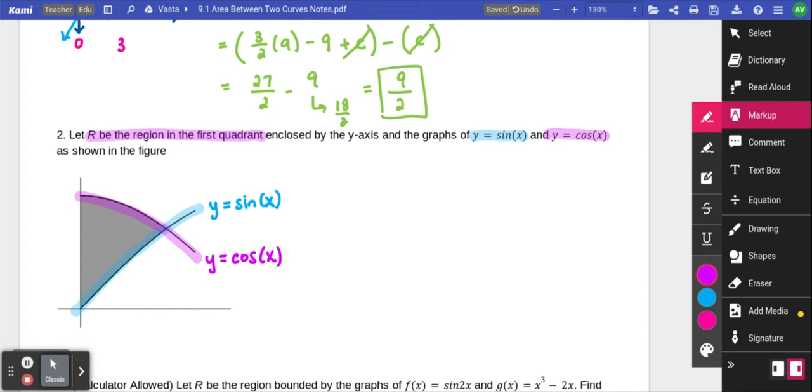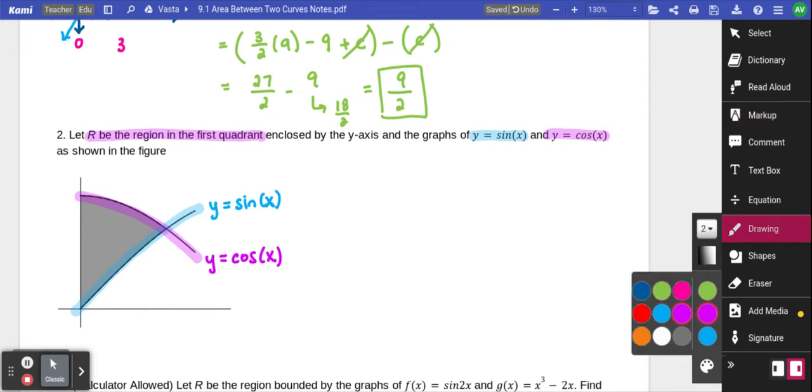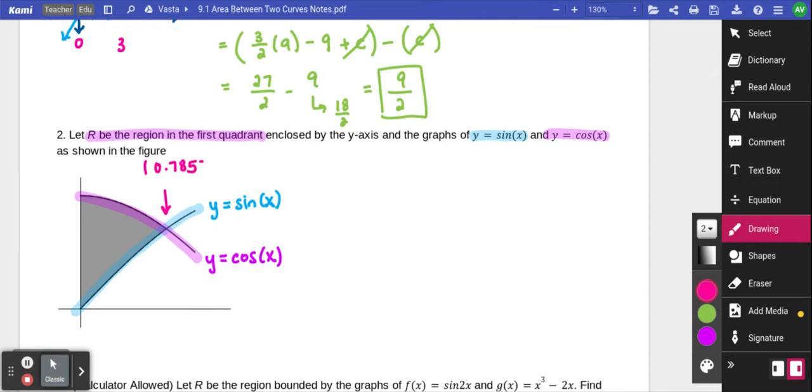Next, we need to find where they meet. In order to find the area between these two curves, we need to know where these curves meet so we know where to stop our area. I'm going to do that on my calculator. So on my calculator, I'm going to graph these two equations. I'm going to find the intersection point. And what I end up finding out is that the intersection point is 0.785398,